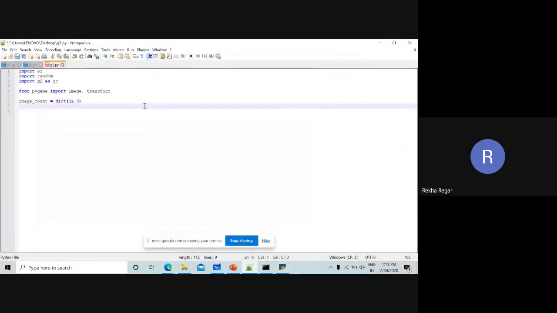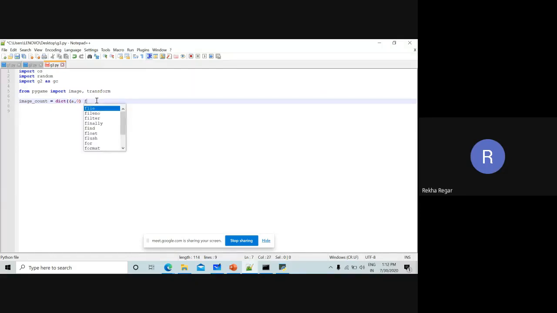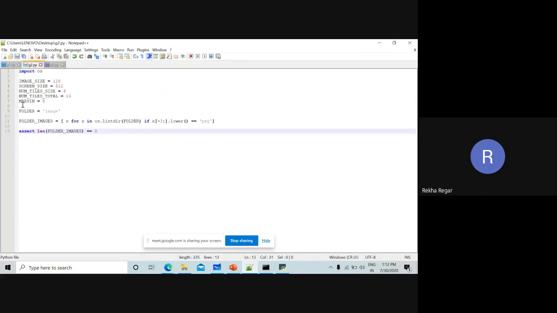So you already know in the dictionary we have two values. One is the key and second is the value on that key. We are going to take one numerical value that starts from 0. So like this, for a in whatever we have in gc, it means in this folder. And what is the folder name? The folder name is just simply this folder.